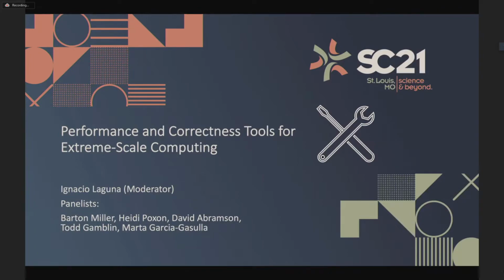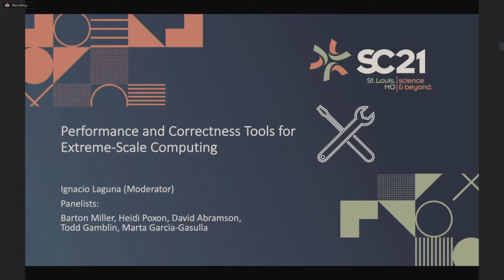However, as we move into an era of highly heterogeneous systems with different classes of accelerators and highly distributed applications, possibly using different classes of workloads, scientific computing workloads and machine learning workloads, the existing tools have to be adapted to this extreme scale environment. And it could be the case that new tools have to be developed to help programmers be more productive in this extreme scale computing environment.